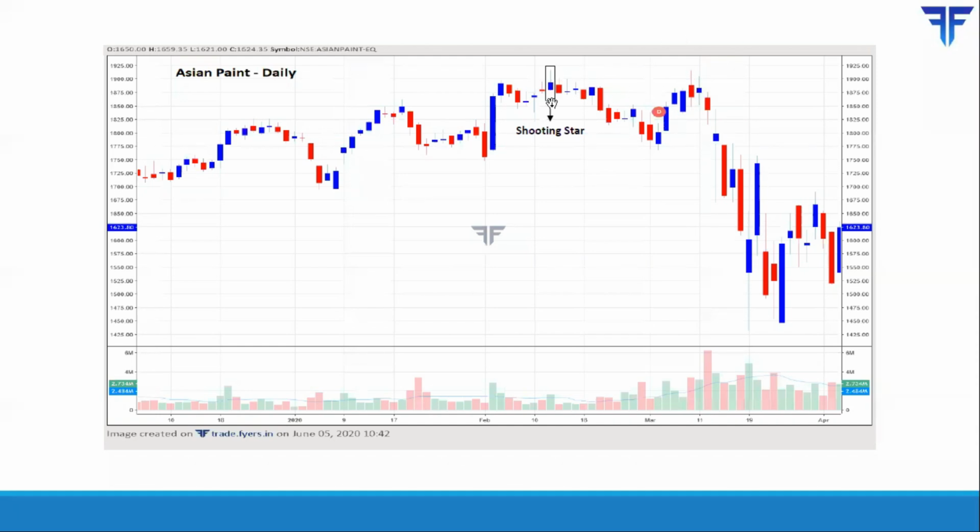So here is a situation wherein the high of the shooting star was not broken, and in the subsequent days, you have a scenario wherein the high of the shooting star acted as a resistance. So you have a former level that acted as a resistance going forward. So that's significant. Whenever a former resistance is not broken, and if price exhibits selling pressure, then it kind of signals lower prices, which is what happened over here.